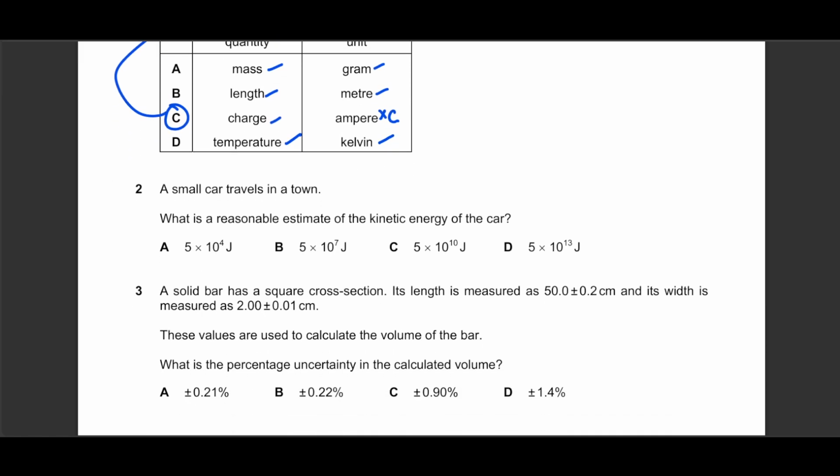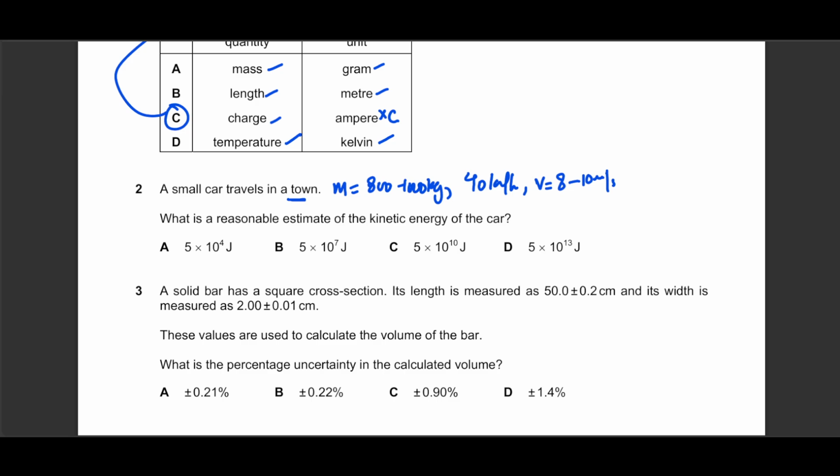Question number 2, he says, a small car travels in a town. You can imagine that the mass of a car could be around 800 to 1000 kilograms. And since it's traveling through a town, it cannot be moving at a high rate of speed. So it could be around 40 kilometers per hour or around 30 miles per hour. When you convert this into meters per second, the velocity comes out as around 8 to 10 meters per